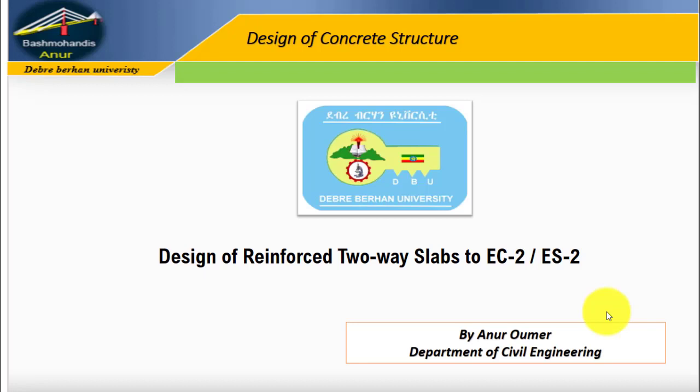Hi everyone, in today's video I'm going to show you how to design a reinforced concrete two-way slab using Eurocode 2 or Ethiopian Standard 2. ስለዚህ በዛሬው ቪዲዮአችን ደግሞ እንዴት አድርገን reinforced concrete two-way slab ዲዛይን እንደምናደርግ ነው ማለት ነው።